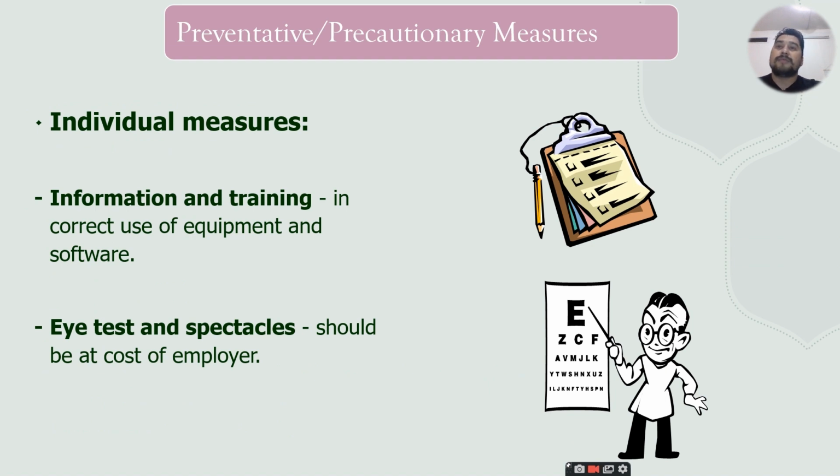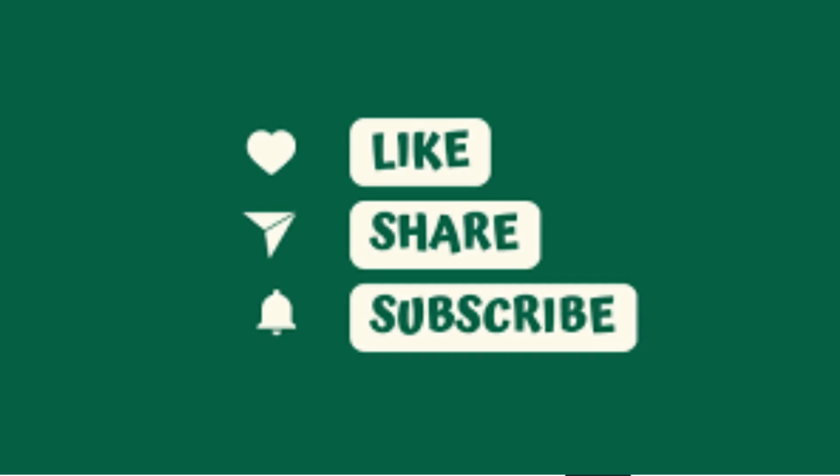Individual measures. Information and training should be provided on incorrect use of equipment and software, what the risks and hazards related to upper limb disorders are, and what control measures are available. Eye test and spectacles should be at the cost of the employer. Eye tests should be done also, and if spectacles are required, they should be taken by the employees, and if it is suitable, the employer can bear the cost of eye tests and spectacles. So that's all for our